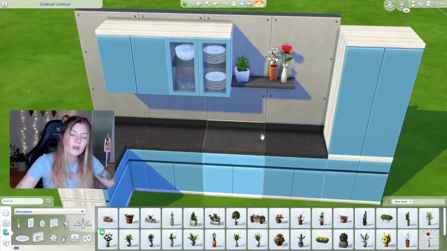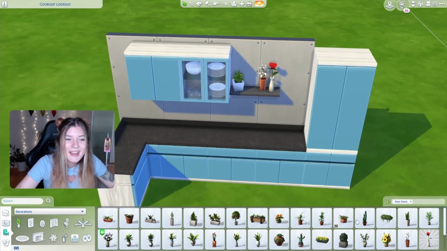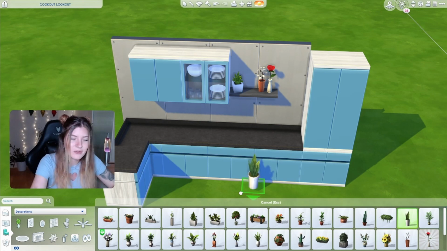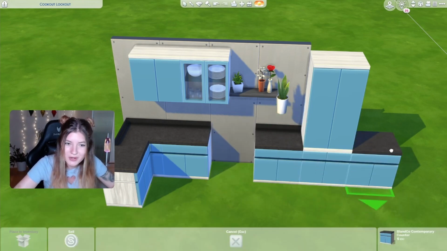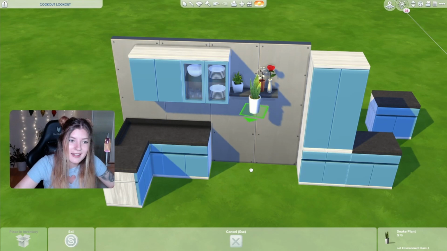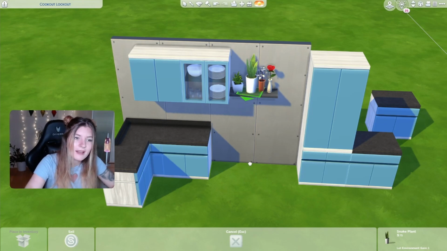If you paid attention earlier, we learned something. You can elevate those items by pressing the 9 key on your keyboard, or the 0 key to lower them again. And now, if you hold down Alt, you could place it there. However, it sticks to the kitchen counter. So what we're gonna do is move the kitchen counters,